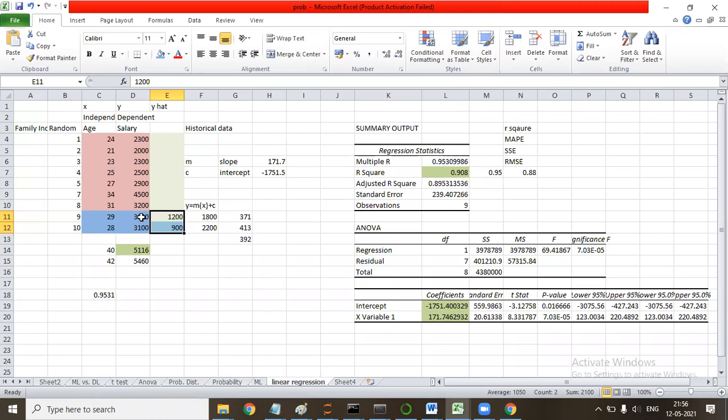Sir, one question, sir. The previous model which you have shown in Python, is it a simple linear regression or a multiple linear regression? Whenever we have a single x, independent, it's a simple. When we have multiple x's, then it is a multiple.